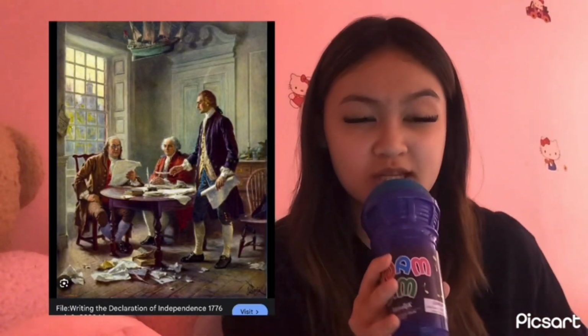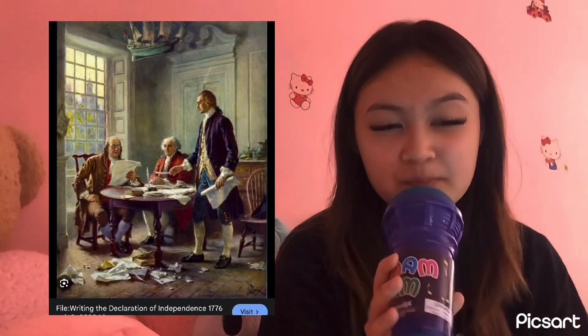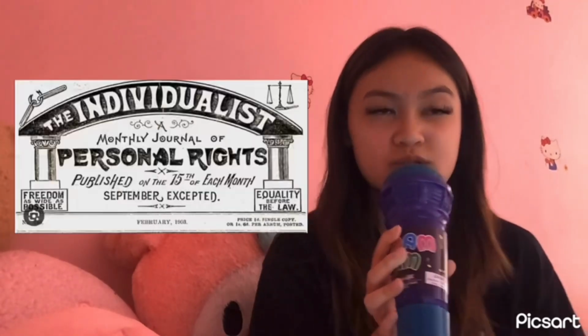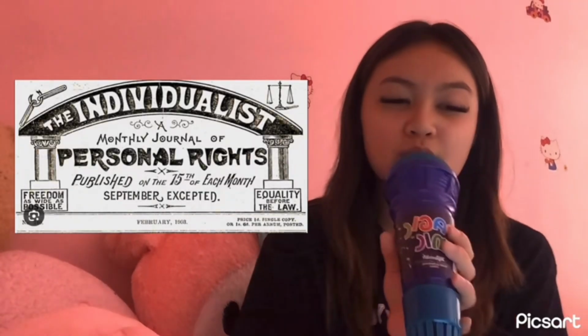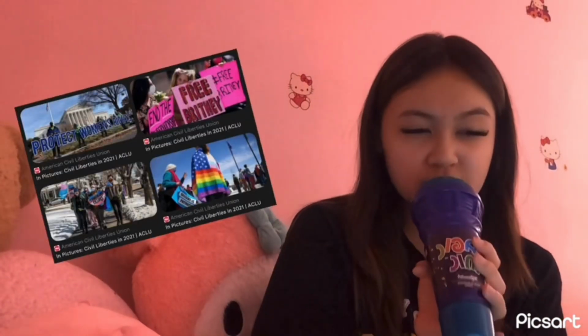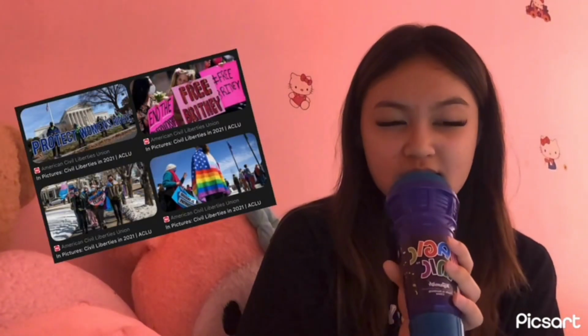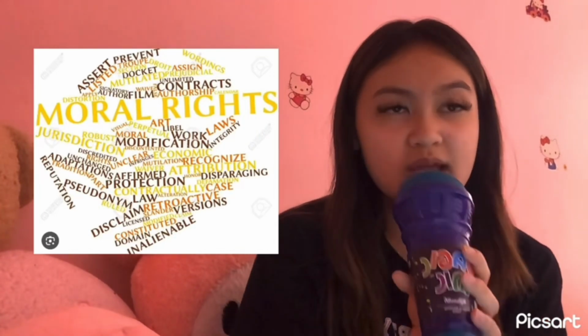Hello. Today we will be talking about civil liberties and why it's so important. Alright, so let's start off with the history. So basically, in the mid-1700s, during the Declaration of Independence from Britain, it was argued that one of the most important roles of the government was to protect our personal rights. When the U.S. Constitution was written, many of our modern civil liberties that we still follow today were incorporated in the government and the Bill of Rights is right here.